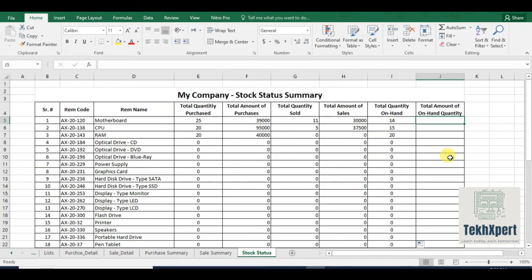This column will help you to do the audit or physical head count, and this column will help you to replenish your stock ordering, that either these 14 units are enough or your sale trends are telling you to purchase more units. Simply F5 minus H5, this will let you know that what is the amount of on hand stock.